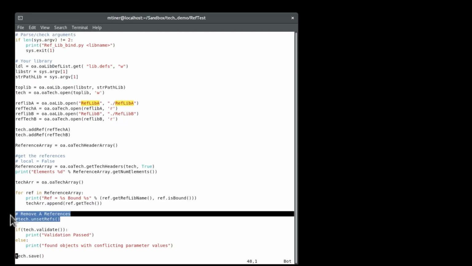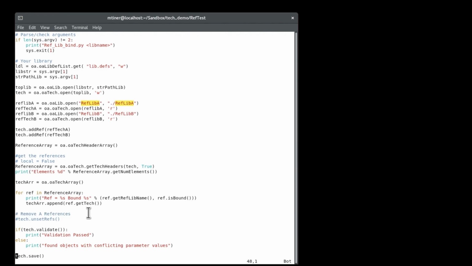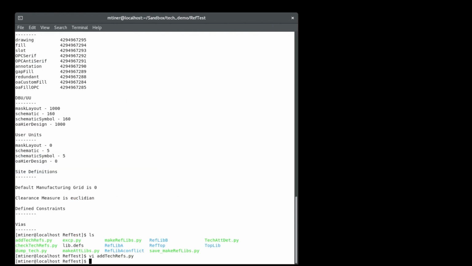This command is unset references. If you do that, you will lose all your references, and I want to show you this in example form. So let's keep those. And this tech validate will tell you if there were any conflicts. If there were no conflicts, it's going to give you validation passed. Otherwise, it's going to tell you that it found conflicts. And then we save the tech file, and the references should be set at that point, and from then on they'll be persistent. So if we run that,